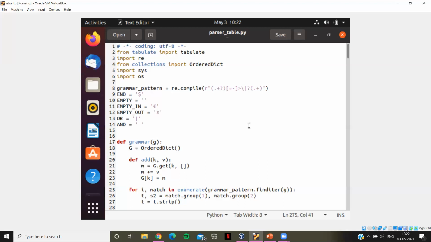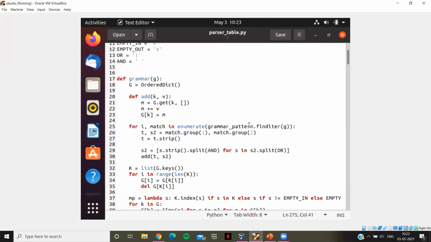Import sys provides various functions and variables that are used to manipulate different parts of the Python runtime environment. It also allows operating on interpreters as it provides access to variables and functions that interact strongly with the interpreter. And then we have used import os, which provides functions for interacting with the operating system and comes under Python standard utility modules. So there are basically 4 major functions in our program.